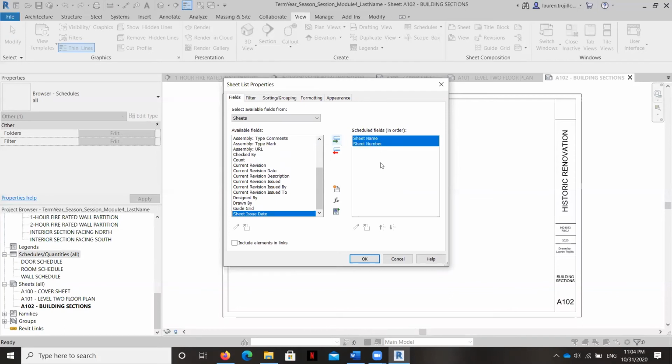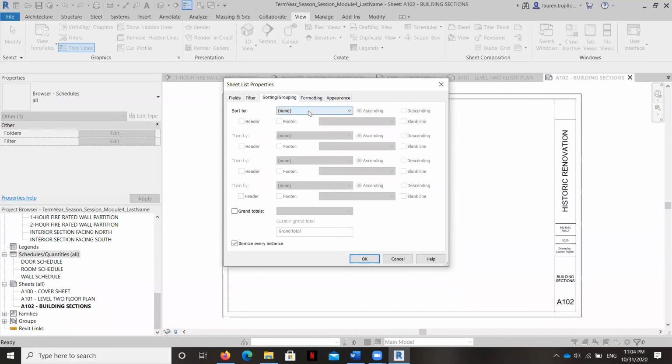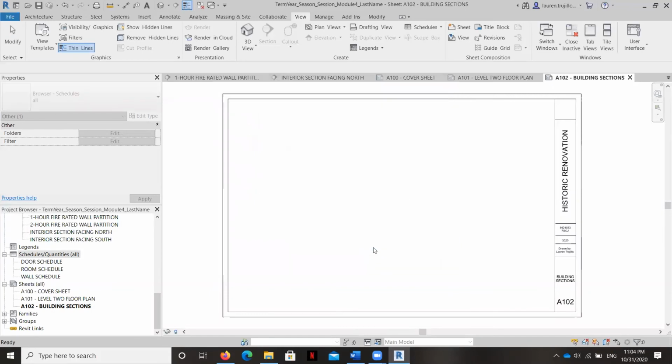I'm going to bring it over here, but I want the number to come first, so I'm going to bring that up right there. As I filter and sort, I want to have it sorted by the sheet number in ascending order. And I'm going to hit OK.